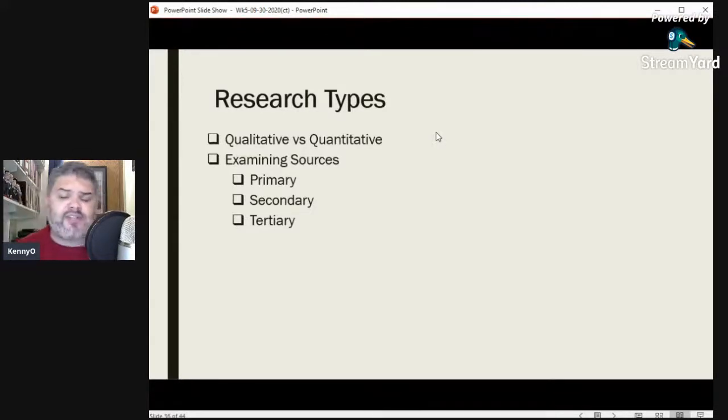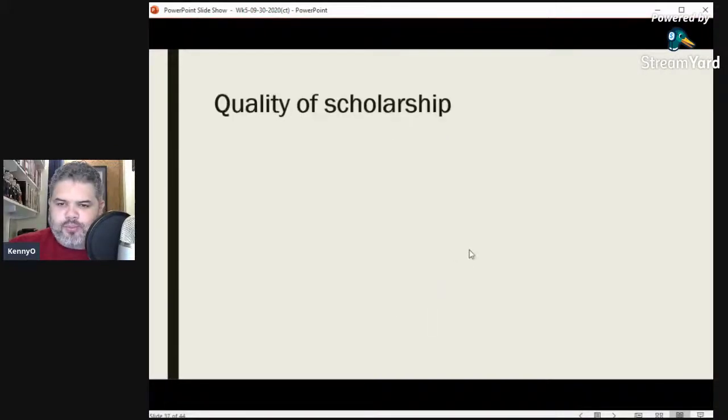Make sure you understand the different types of sources that are out there, primary, secondary, or tertiary. Professors usually want in theological research as many primary and secondary sources as possible. I love primary sources. If you can get a lot of primary sources in your paper, that would be fantastic. So just right now, if you don't know what those things are, pause this video, do a quick Google search on primary versus secondary versus tertiary sources, read about that, make sure you understand that, and then come back to this video. I think it's important.